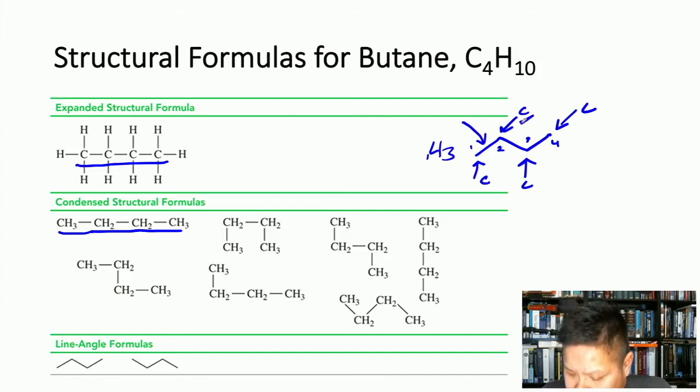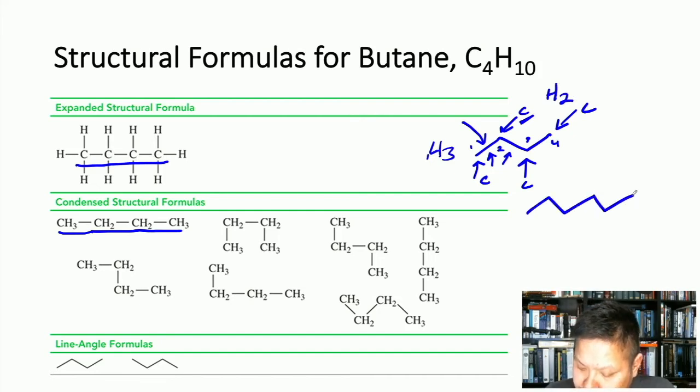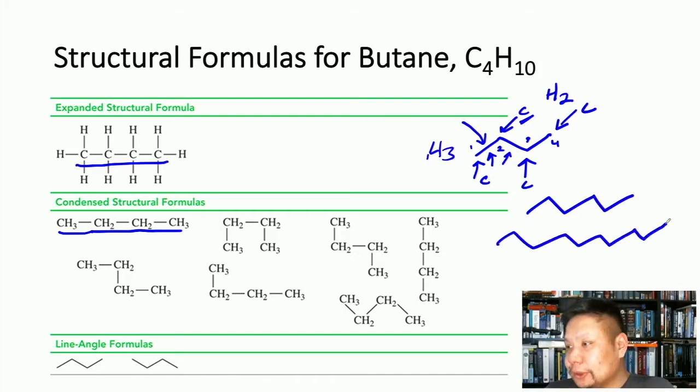And then for the second carbon and the third carbon in butane, both are treated the same. We see that there are 2 bonds connected to the carbon. One to the end carbon, carbon number 1, and the other connected to carbon number 3, which leaves 2 empty spaces. And in organic chemistry, those 2 empty spaces are always hydrogens, unless otherwise noted. And that's why it makes it faster to just draw line angle formulas for many of the hydrocarbons, because these structures can get really long and super tedious, having to write carbon and hydrogen over and over and over again.